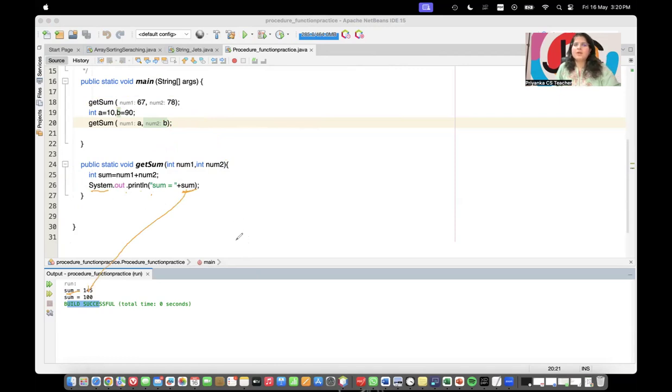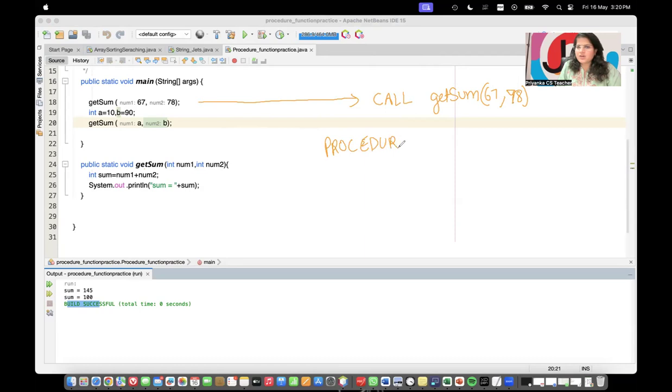Okay, now I am converting the same thing into pseudocode. The pseudocode version of this is, you will write call getSum(67, 78), and for the pseudocode version of this procedure, you will write PROCEDURE. Why is it a procedure here in Java? Because the return type is void. This procedure is not returning anything. PROCEDURE getSum